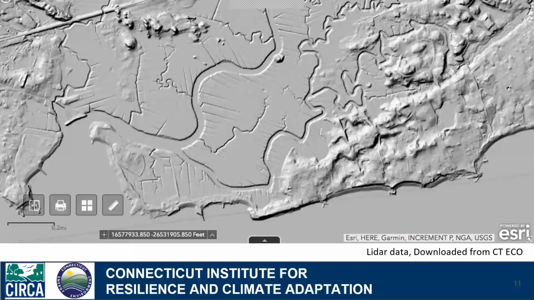And just to take a closer look in terms of how this kind of technical visualization can start to impact or be useful for a particular town, Joe, Jim O'Donnell, and myself actually presented in Madison at the behest of the municipal planner, and we focused in on certain locations that they were interested in understanding better as far as risk concerns. So LiDAR data is readily available on the Connecticut Eco website, and this is very useful for looking at topographic conditions and for understanding the potential for a hydrologic risk, flood risk.